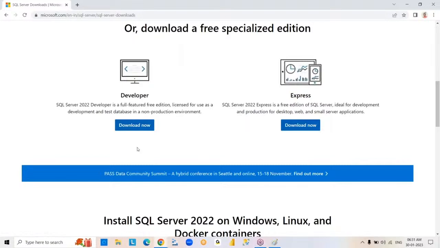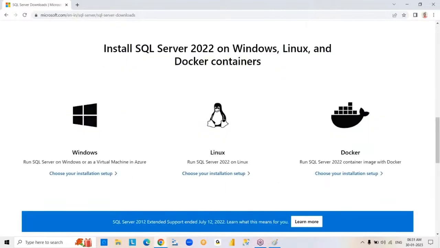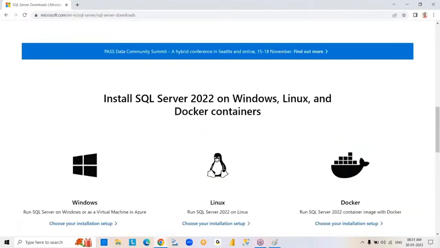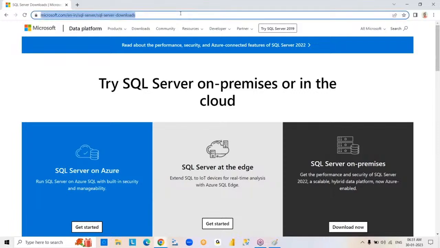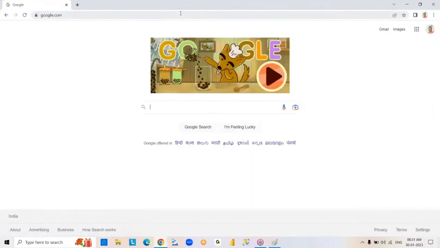See that here it is showing developer edition, Express edition. Even this developer edition is also trial version for us, practice purpose only. Okay. So you can download it and install. Okay. Now, an installation video I will share. Next, after completion of the SQL Server installation,